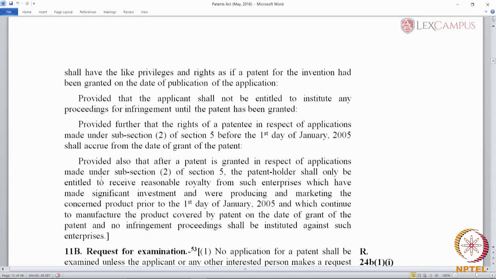So, till 2005 nobody is going to know what is there in the mailbox, and that is the reason some people call the mailbox the black box. So, you do not know what is there in the mailbox. A normal application gets published after 18 months, but a mailbox application gets scrutinized only after it is taken up for publication post 2005. Now, this arrangement could lead to certain tricky situations where generic companies in India were already